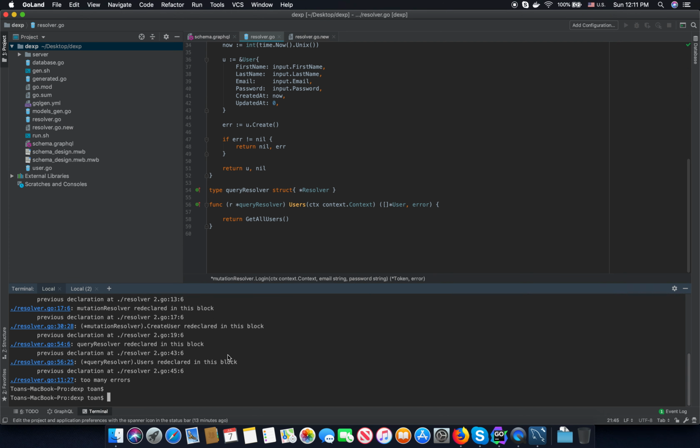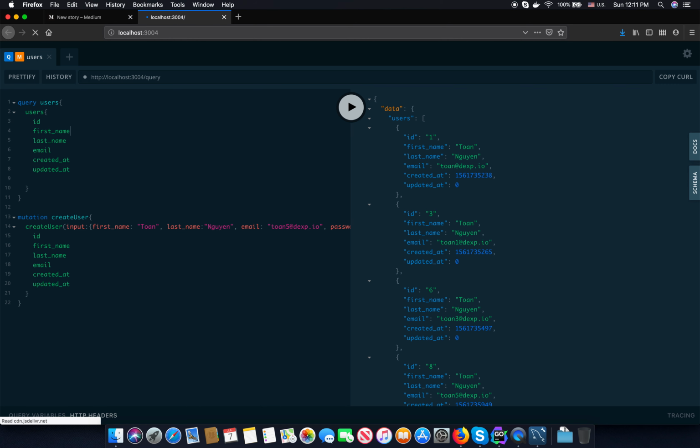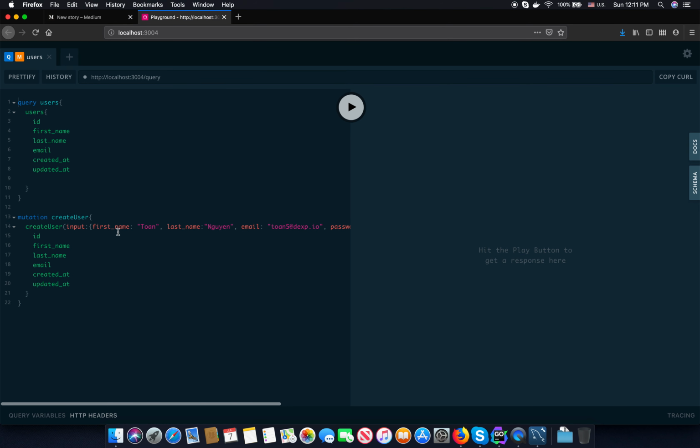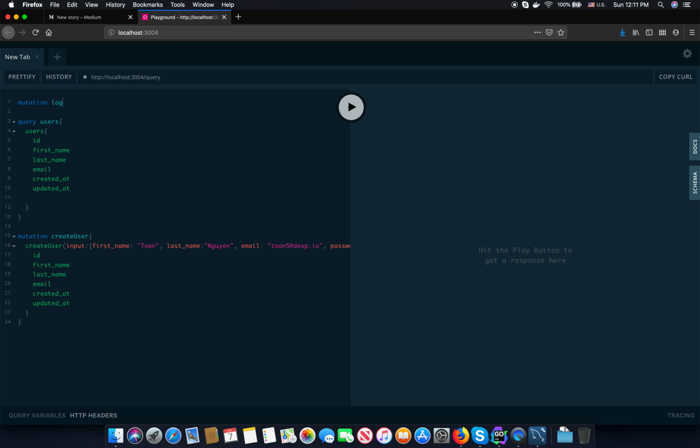Again, I'm going to start again and run the .sh, and we also need to refresh this. And now we can go ahead and write a new function, a new mutation in client, mutation login,